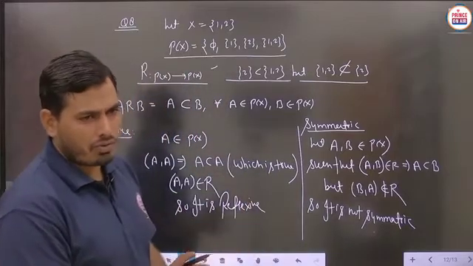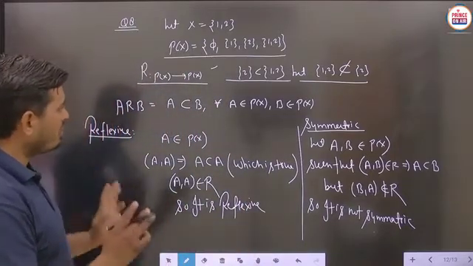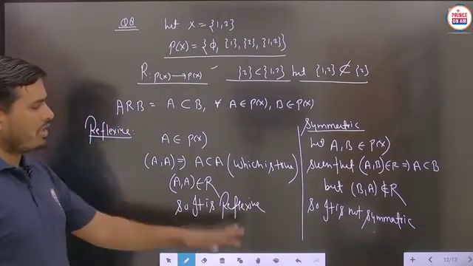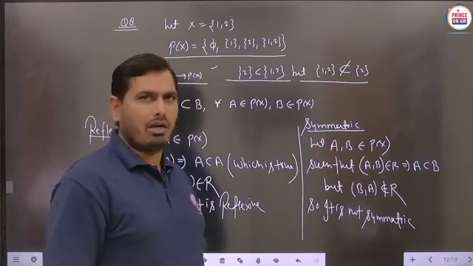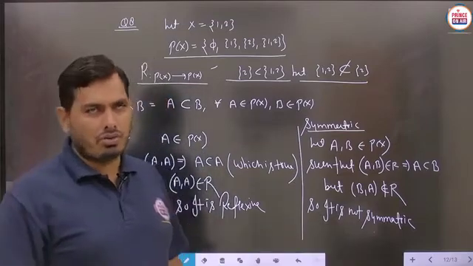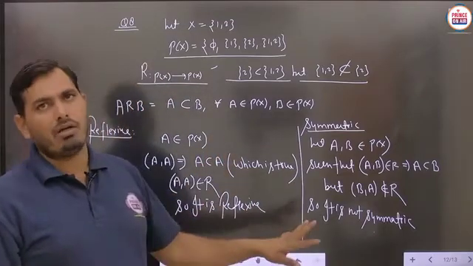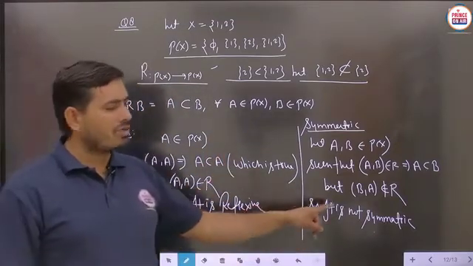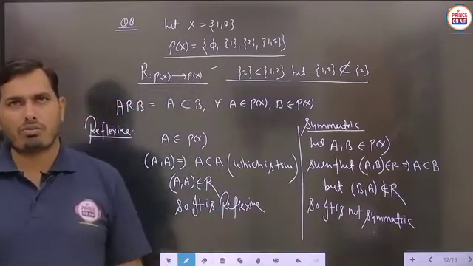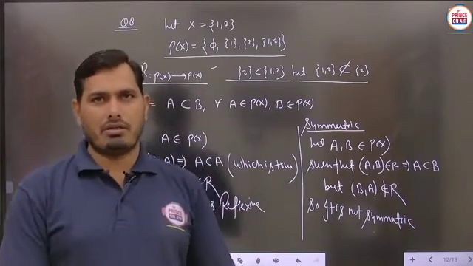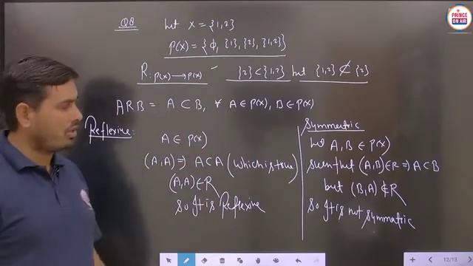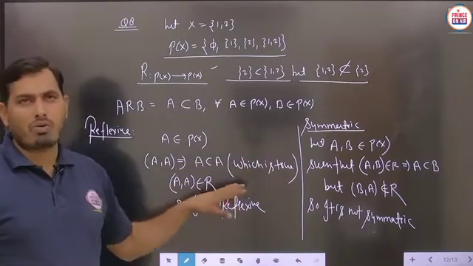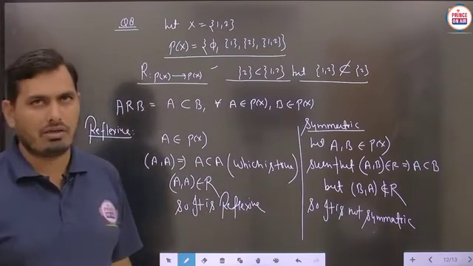But you can check for the transitive always, because in the case of transitive, we have to take three sets A, B and C. If A is a subset of B and B is a subset of C, then definitely A is a subset of C. So the relation is said to be transitive, but here the relation is not symmetric. That's why this is not an equivalence relation. So you can check for transitive always. It is always transitive, but due to the symmetric part, it is not an equivalence relation. Is it clear?